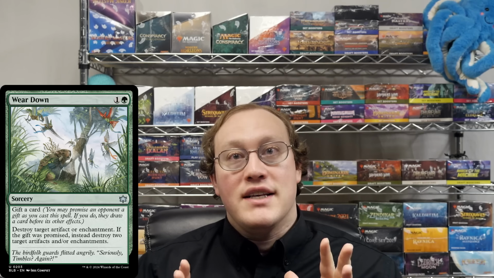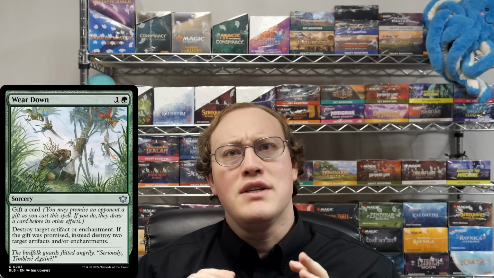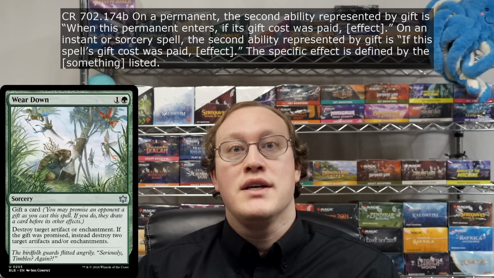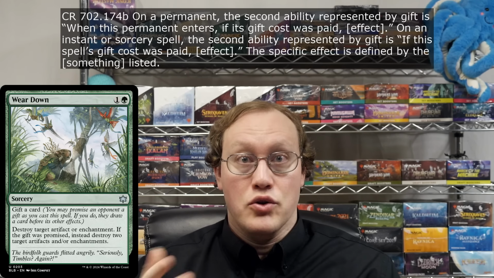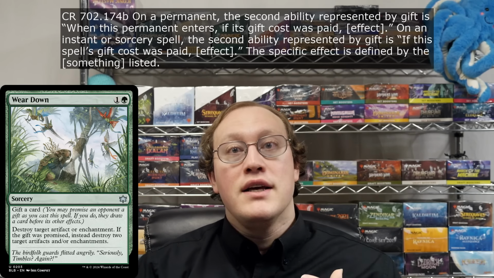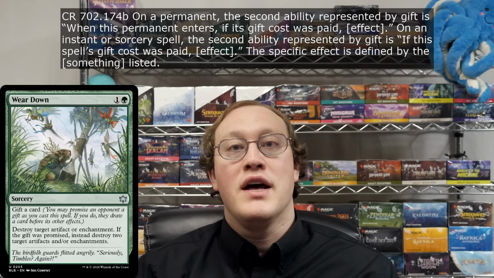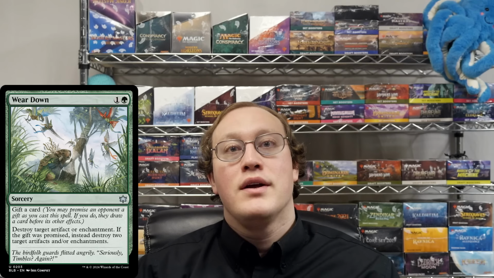Now that we have that set, we can take a look at precisely how the gifting part works. This is actually different depending on what type of card that you're using. For instants and sorceries, the gift will be given as part of their resolution. For permanents, these have an ability that triggers when they enter the battlefield, and the gift will happen as part of that ability's resolution. All instant and sorcery spells with gift specify in their reminder text that the gift happens